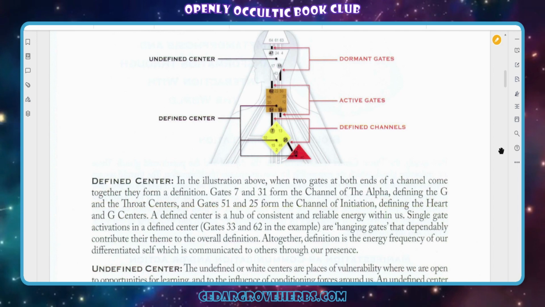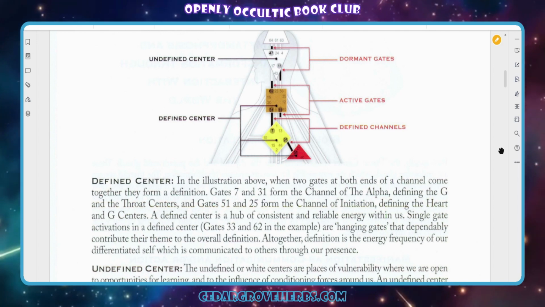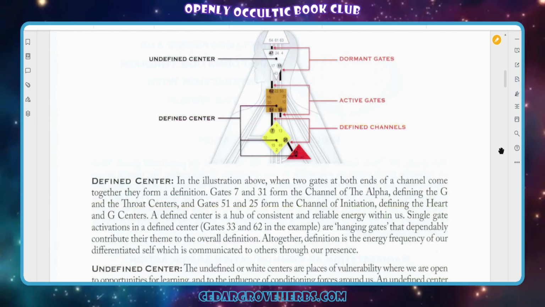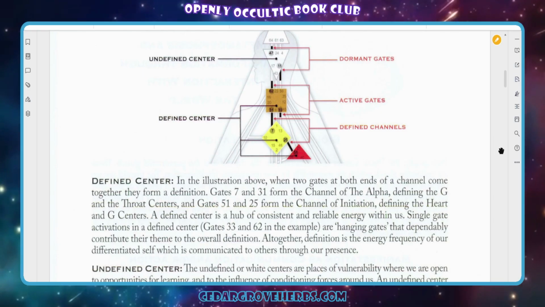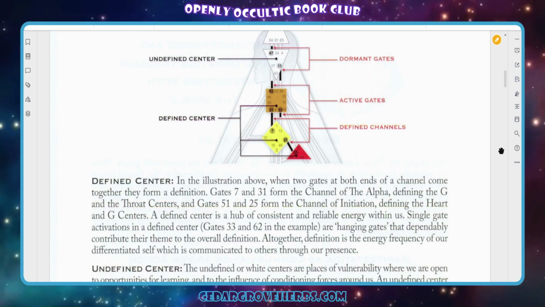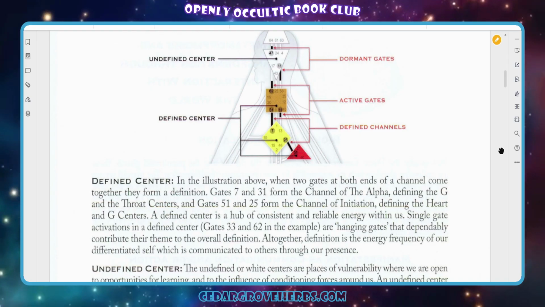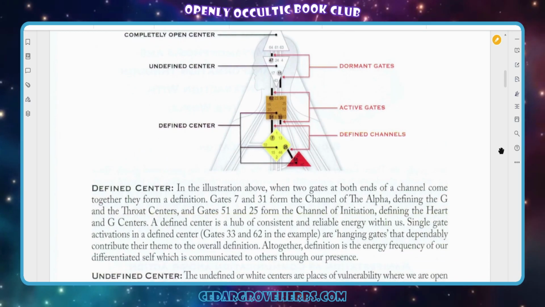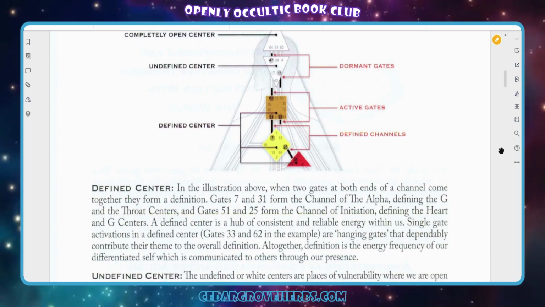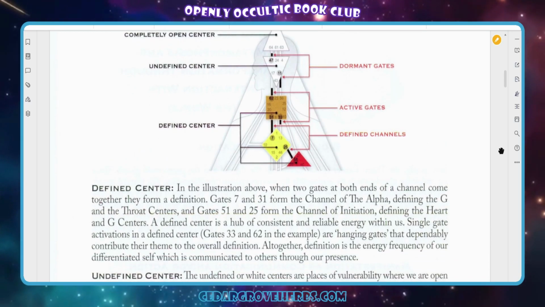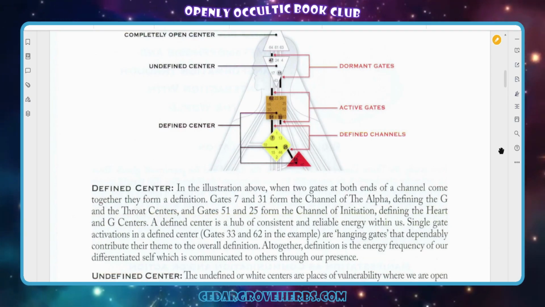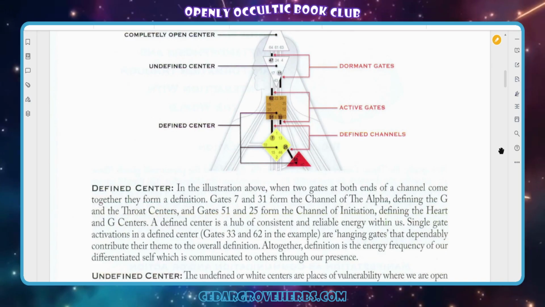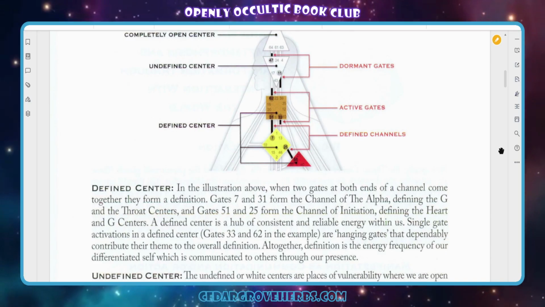Okay, we won't use gate 31 as an example because it has both gates at the end of the channel defined. So we'll use gate 33, like you said in the writing, and gate 62, which is right here in the throat at the top. But see, it's just half the channel colored in. The connecting gate, gate 17, which would be in the Ajna center,